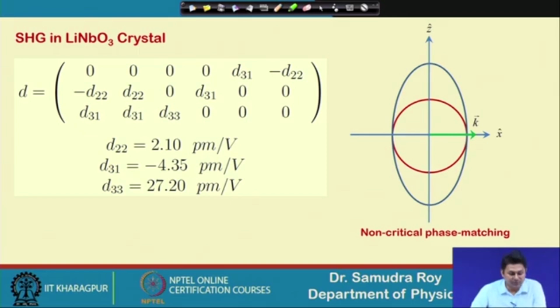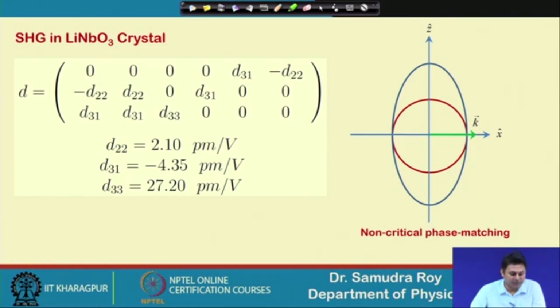From the previous lecture we already found that the d matrix starts with 27 independent components, and by applying symmetry it reduces to 10 components, and then further if I introduce symmetry like Kleinman symmetry or using the Neumann principle, where we can put some kind of operation over this d matrix, as a result